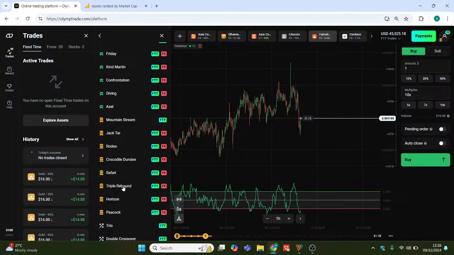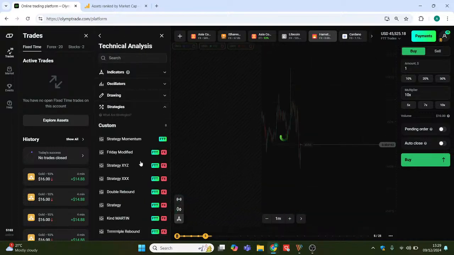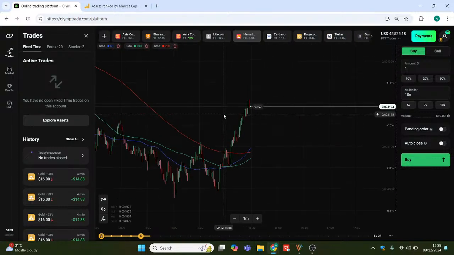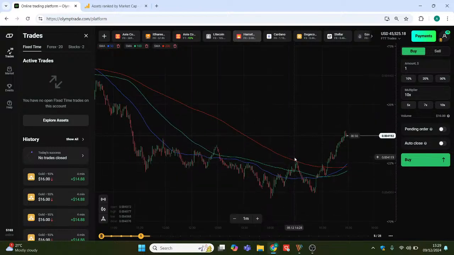This is a must-know for all traders, I think, because it's based on the RSI indicator, and it is just a great indicator, very accurate. And what else? And of course, JACTAR, my favorite combination of 3 simple moving averages, with the periods of 50, 100, 200. They tell us when to buy, when to sell, and when.